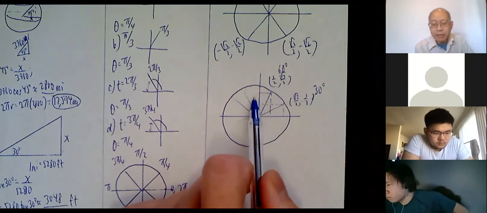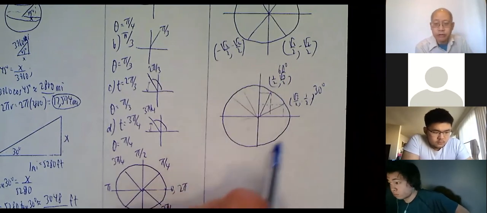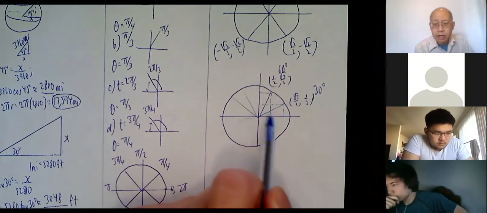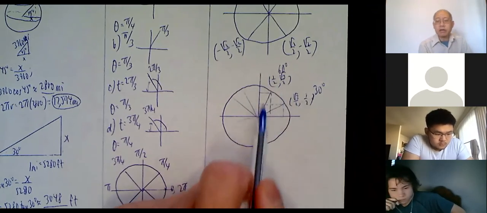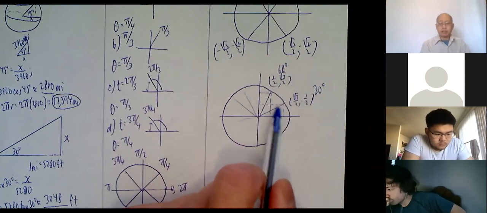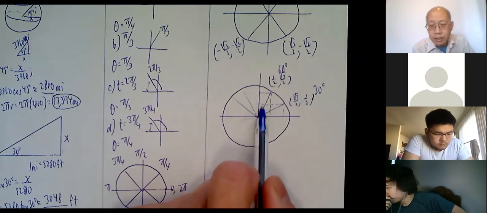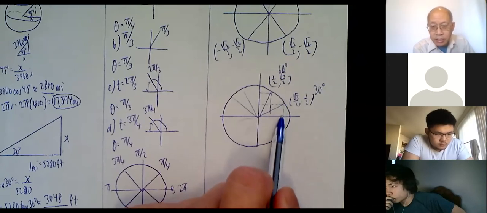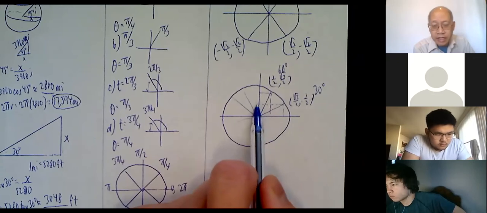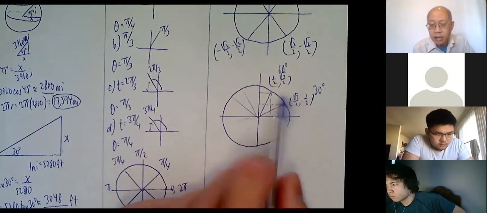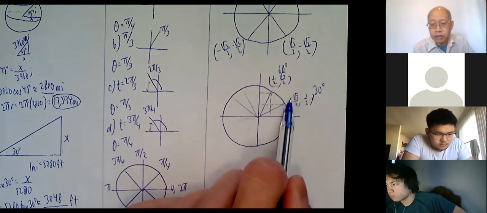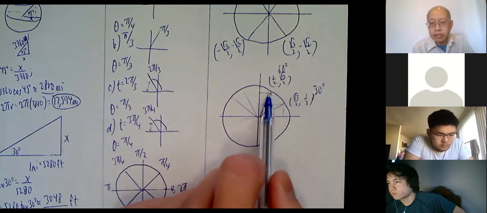Now, to me, you can get by without memorizing it if you just draw yourself a unit circle and look at the picture. At 30 degrees and 60 degrees, sometimes I just draw myself a picture. Then I say to myself, okay, I know one of the coordinates is a half. Look at the x coordinate. Does that look like a half? No, it looks like way more than a half. The y coordinate looks like it's a half. So that tells me to put a half here. 1/2 is always paired with radical 3 over 2. 60 degrees is the reverse.